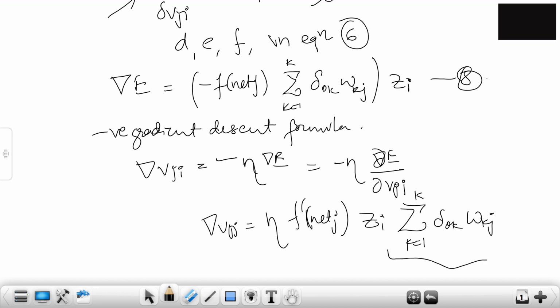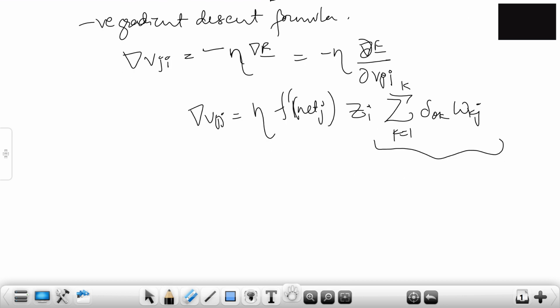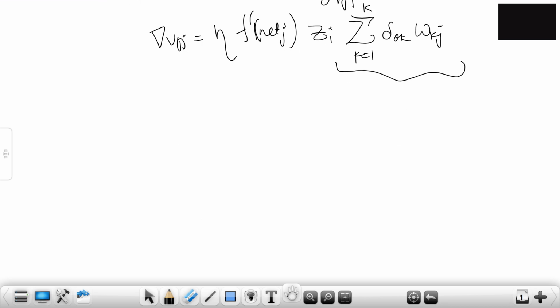So look at this part, this is propagating from the output layer to the input layer. That is why it is called the error back propagation formula. The whole thing is coming back. These are the weight updates. From the weight updates, we get two things: the change of weights and the change of another set of weights, that is, of another layer. So I'm just going to write down over here what we have found.